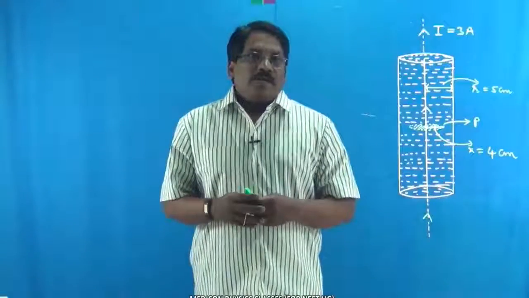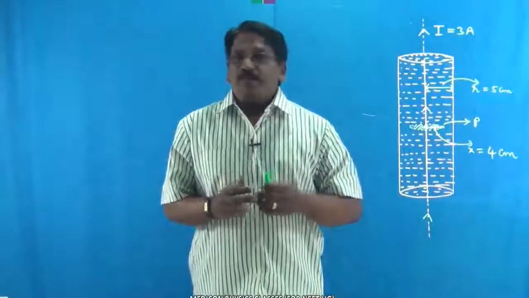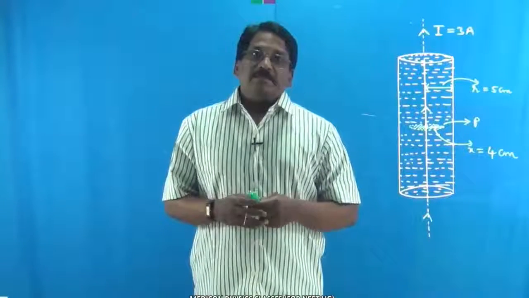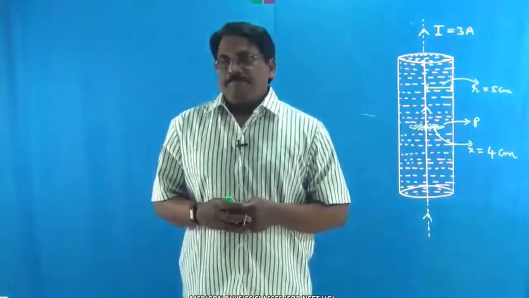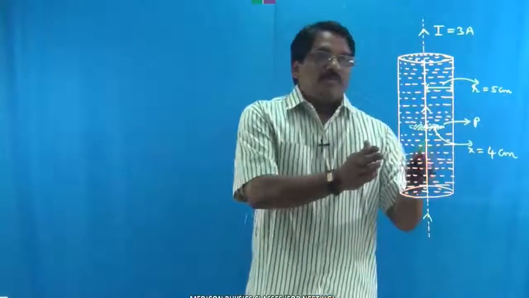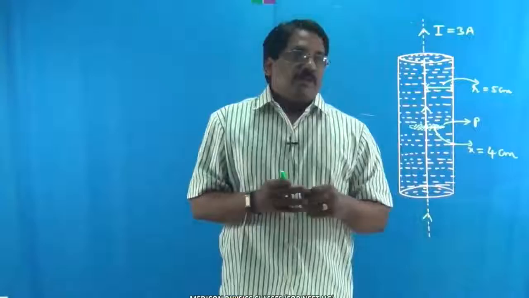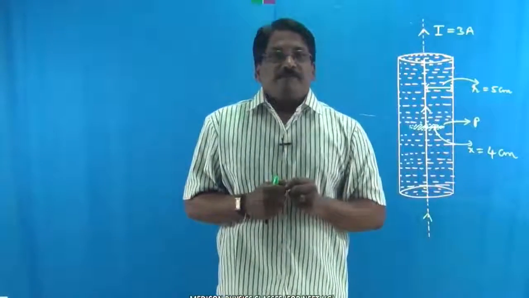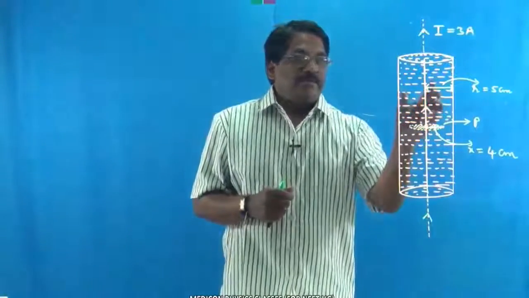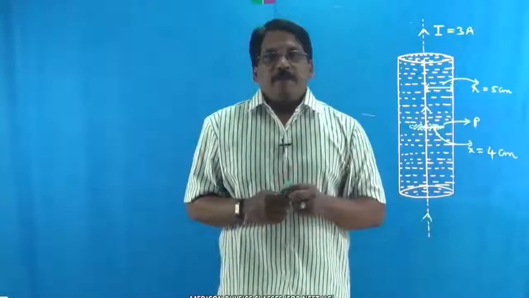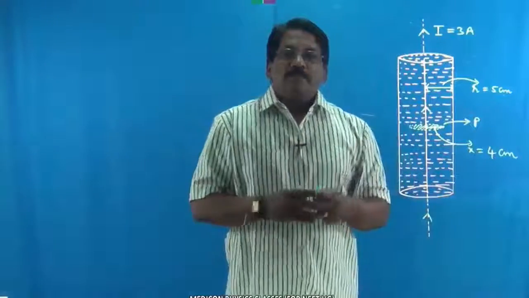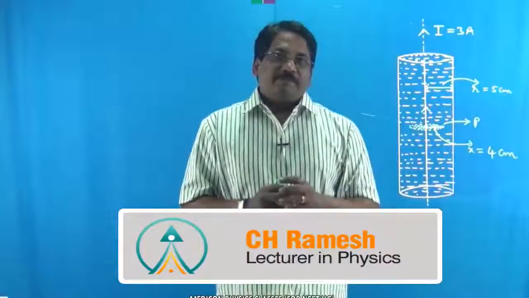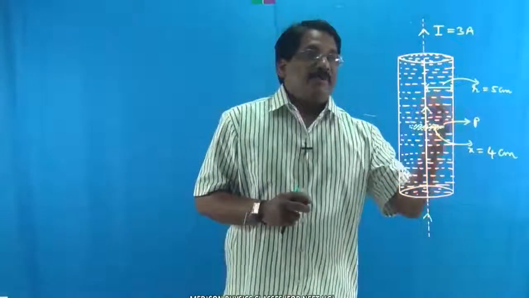Now let's look at the solution for this very important question, which has appeared many times in previous entrance examinations. Here we are given a solid conductor of considerable radius in cylindrical form. So it's not a thin conductor, it's of a finite radius. Now as this conductor is carrying current, a magnetic field is set up both inside the conductor as well as outside the